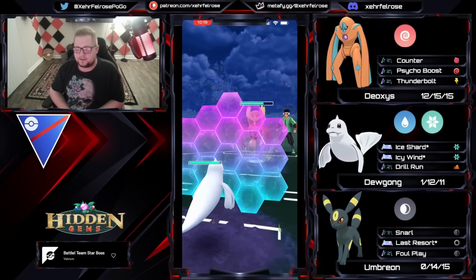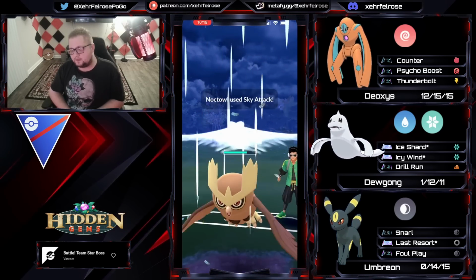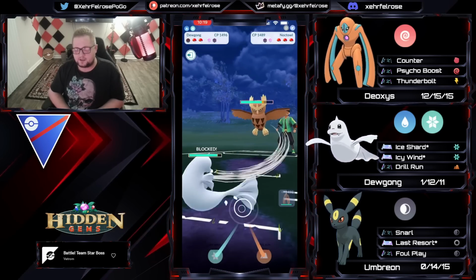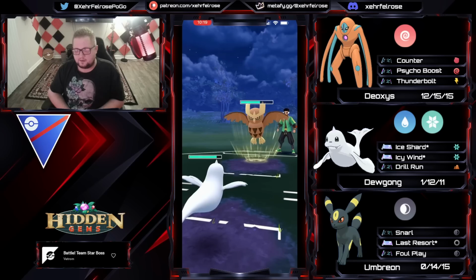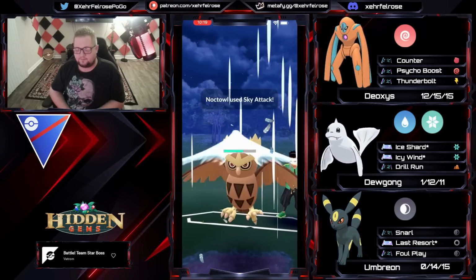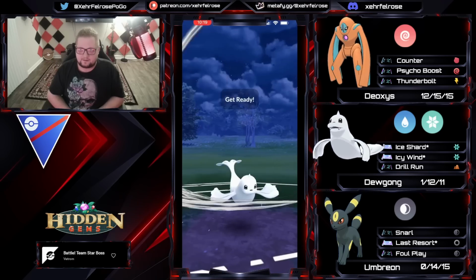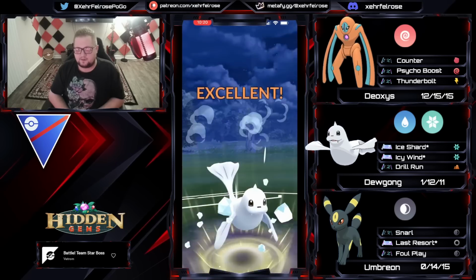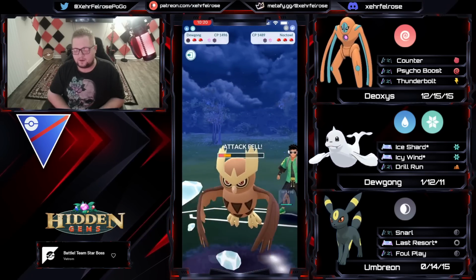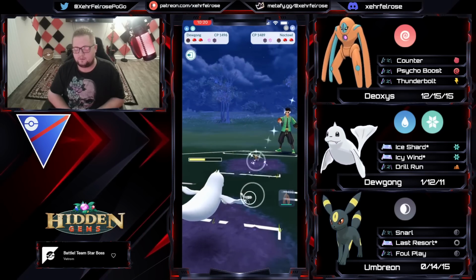I'm going to come in with my Dugong here to really just try to get an energy advantage. You know, I'm going to go for a bunch of energy here. My opponent did have a bit of energy on that Noctowl, so that means they're going to get to a Sky Attack before I can get to the Icy Wind that I was about to throw. So farming up a little bit extra here. Going to go for this Icy Wind. That'll bring the Noctowl low and into farm range, and I should be able to farm down here,